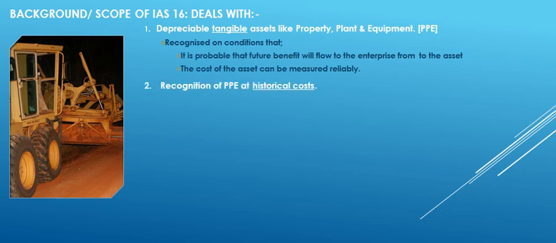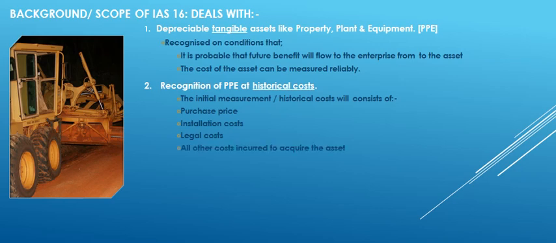Secondly, the IAS 16 statement recognizes PPE at historical cost. The historical cost of PPE will include the purchase price, being the price paid to acquire the asset, the installation costs paid to make the asset ready for use, the legal cost incurred in the registration of the asset, and all other costs incurred to acquire the asset, excluding